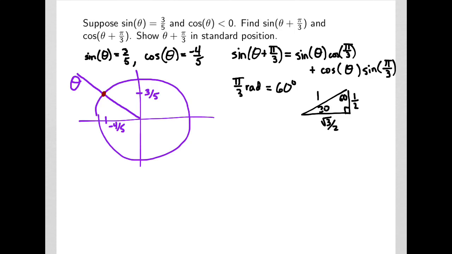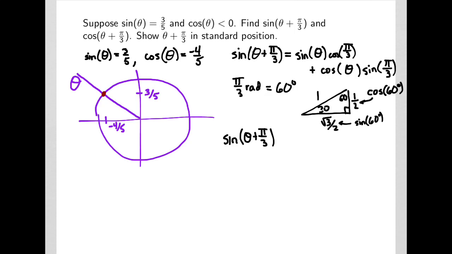I now know that the adjacent, so that's the cosine of 60 degrees, is the half, and the opposite of 60 degrees is the sine of 60 degrees, or pi over 3. So I can now substitute into my formula sine of theta plus pi over 3